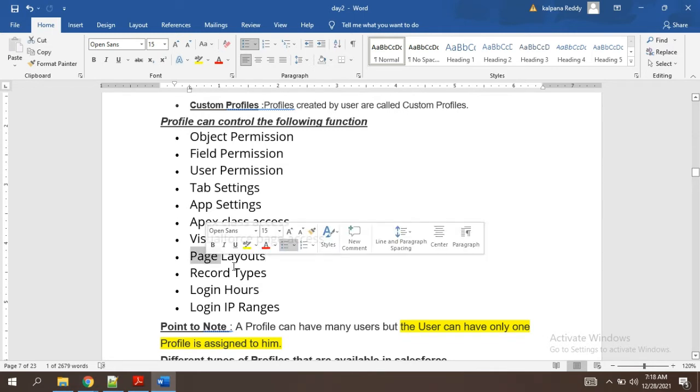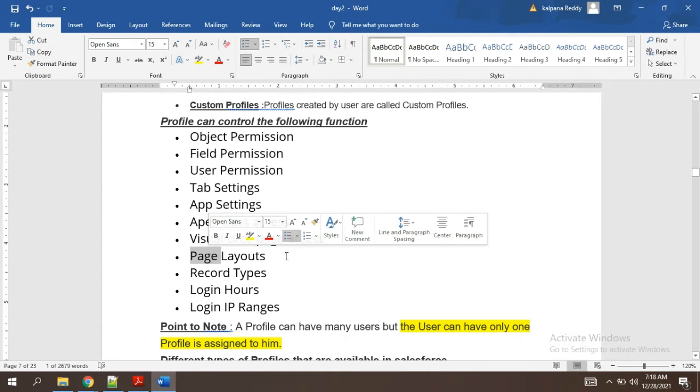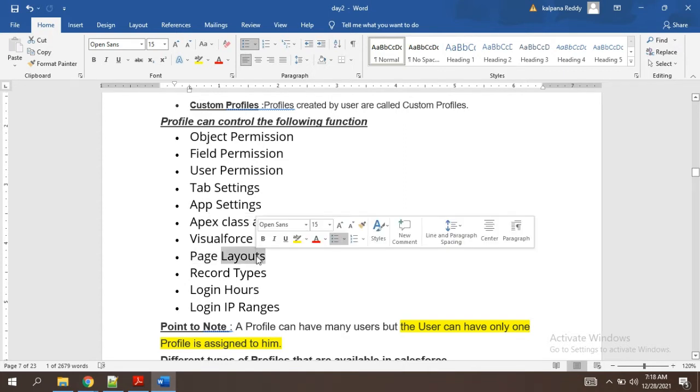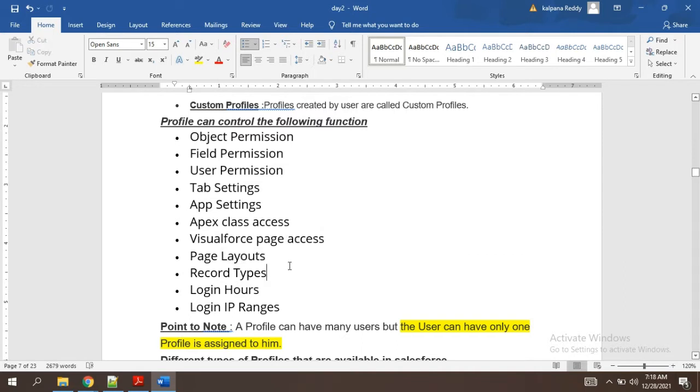And page layouts. Page layouts we have already spoken about, no? So this page layout can also be controlled at profile level. For this profile, what should be the page layout? For a few profiles, we have to show only 4 fields, and for other profiles, we have to show 5 fields.